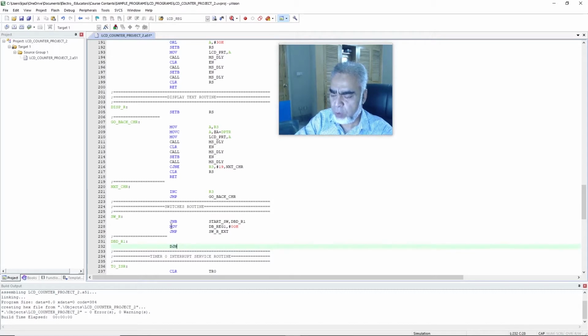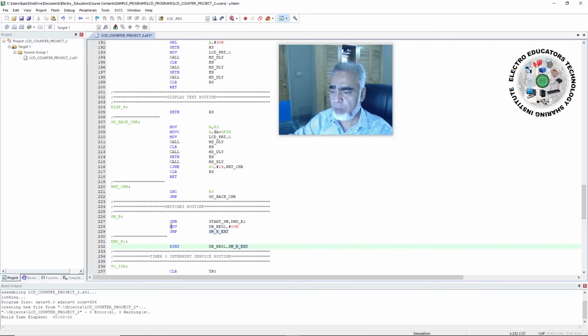decrement jump not 0 dbreg1 comma, that is decrement jump not 0 debouncing register 1 switch routine exit. So here we will write that is sw_r_ext, and here on this line the instruction, that is decrement jump not 0, will first decrement the dbreg1 and will compare the value of dbreg1 with 00h, and if the value of dbreg1 will not be equals to 00, then our program will get exit from the switch routine. But if the value of the dbreg1 will be equals to 00h, then our program will come to the